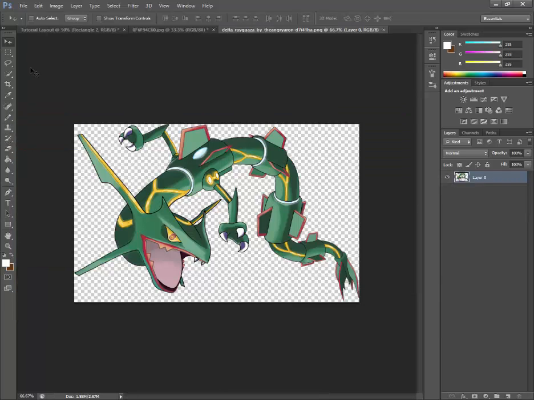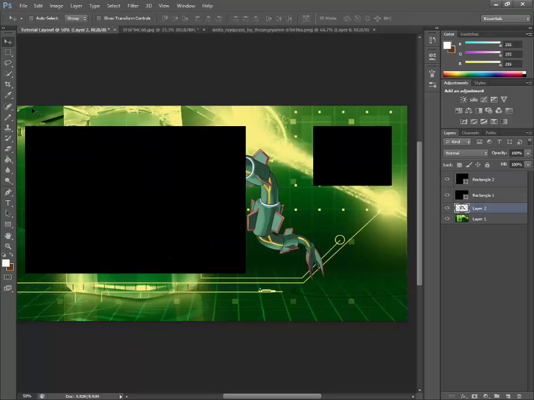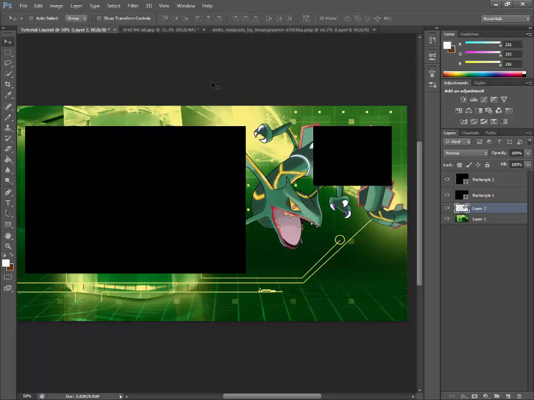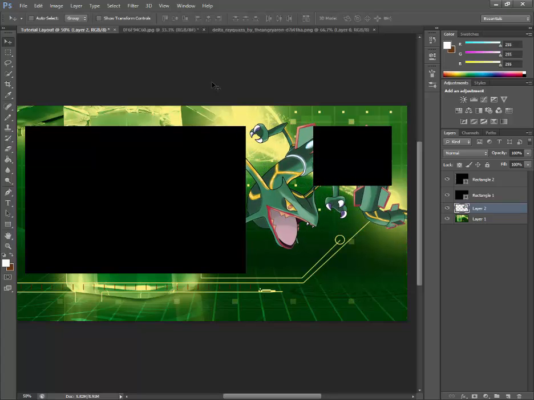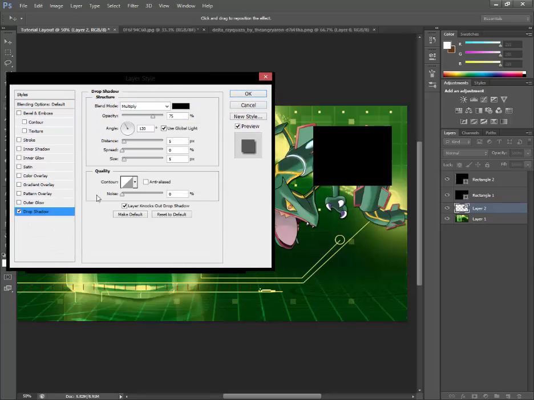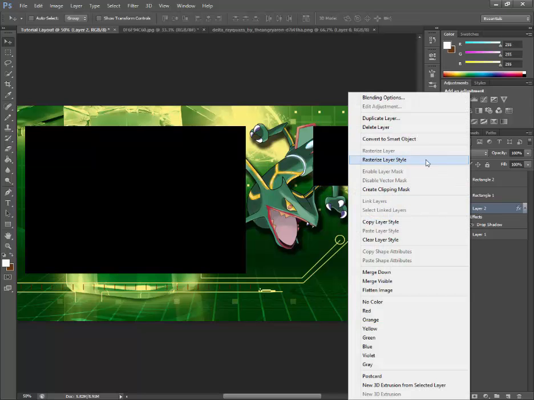So yeah, that looks pretty cool. So you could copy and paste that. But what I want to do is make sure it's under that. So I want to have this guy, how about right here? I want something that makes it look a little cooler. So I'm going to go into blending options and give it a drop shadow, and just make it look kind of popping out. So here's a shadow,